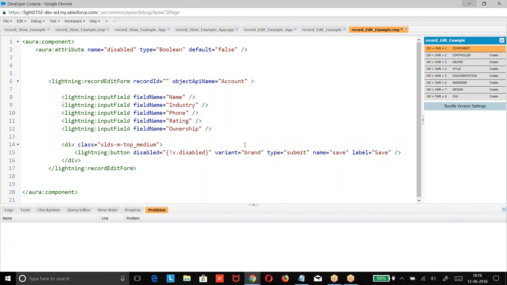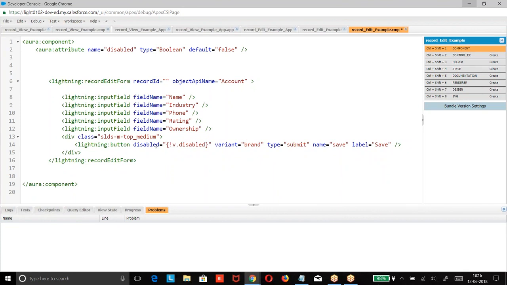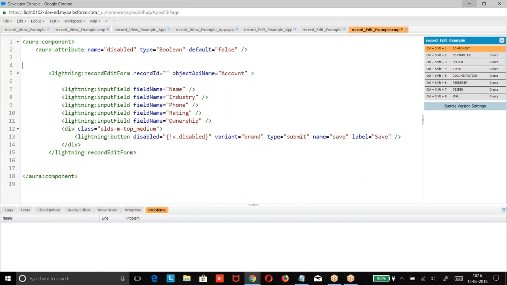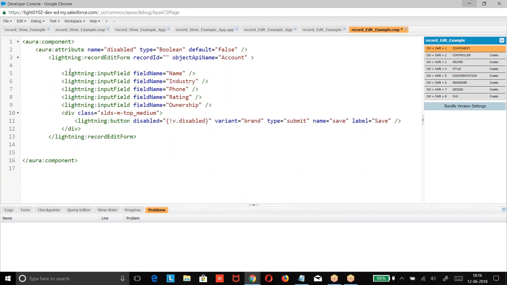Then if you want to show a button, we can show it. What was this? The button is disabled. They are taking an attribute based on which the button is disabled. Now, is anything difficult on this page? What was this? Lightning record edit form: which object, which record, what fields you want to take. Am I right? Satish asks what disable is. The button has an attribute called disable, and they are taking this value dynamically. If you want to make it, you can remove this attribute.